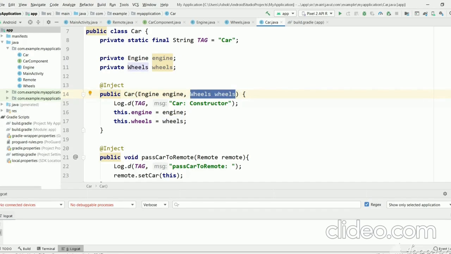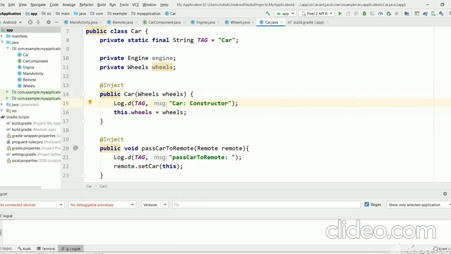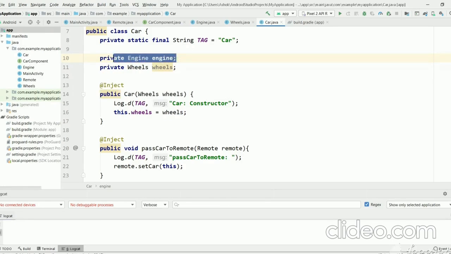Let's say engine is not a parameter of constructor. So wheels object will be created by Dagger through this constructor, and now there is no way to create an engine object.